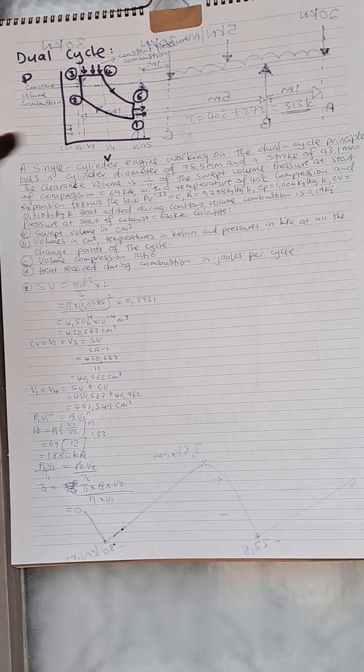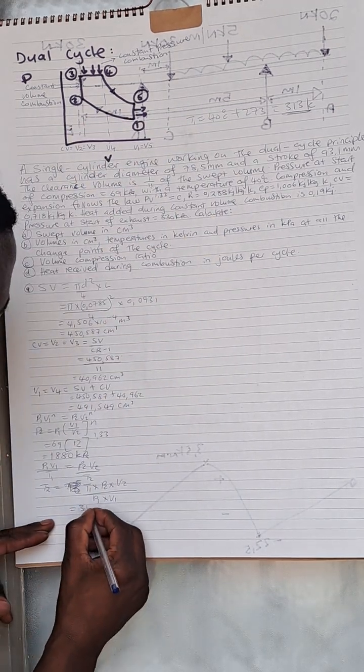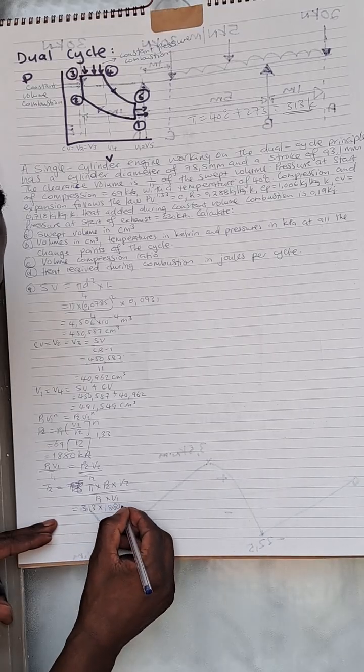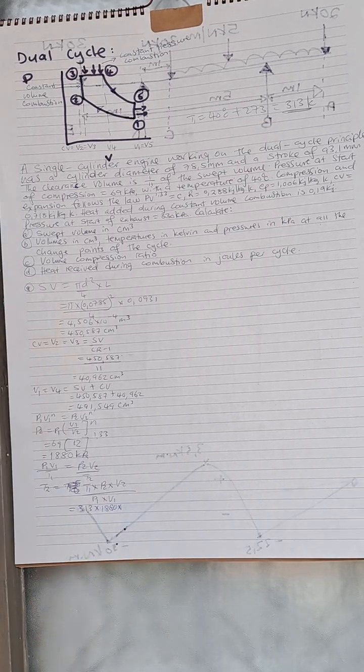Yes, our T1 we said is 313, and then our P2 1880, and then our V2,